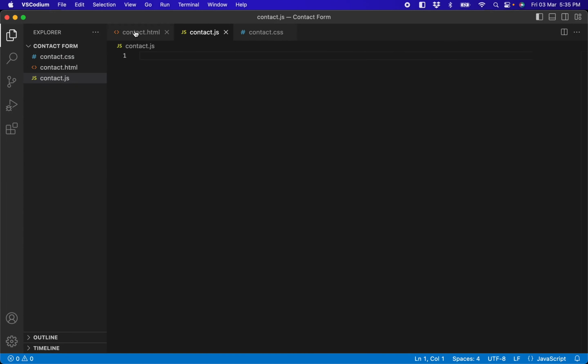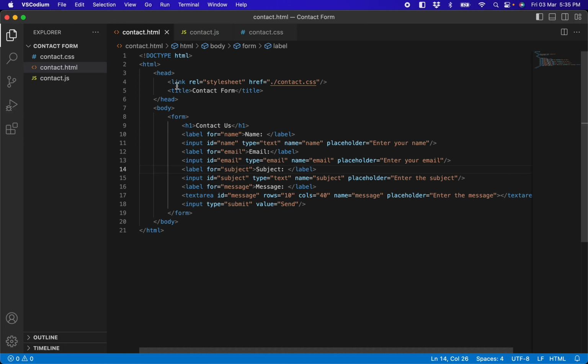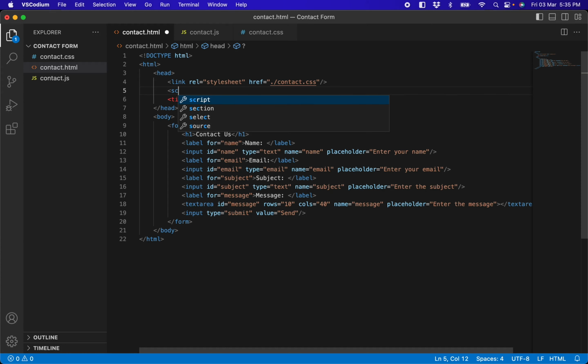Okay, next, before we add any JavaScript, we want to go to our HTML, and we want to link our JavaScript and HTML. So we're going to add a script tag, and within the script opening tag, we're going to give it a source attribute, and the value of the source attribute will be the JavaScript file. So we're going to give it contact.js. Then I'm going to give it another attribute